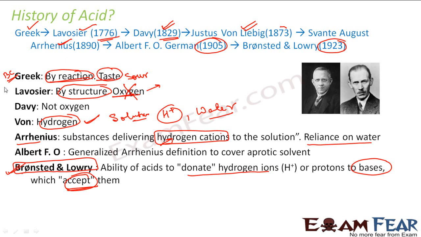So if you see, there's a whole lot of research involved. The definition just did not come like that, right? If you start from BC to 1923, it took almost 300 years to come up with this definition. So people did a lot of experiments. They spent their whole lifetime to find what the ion is and what the definition is, what is common between all the acids, and they came up with this definition. The reason why I took this history was so that you can appreciate the hard work involved in coming up with a definition of acid,